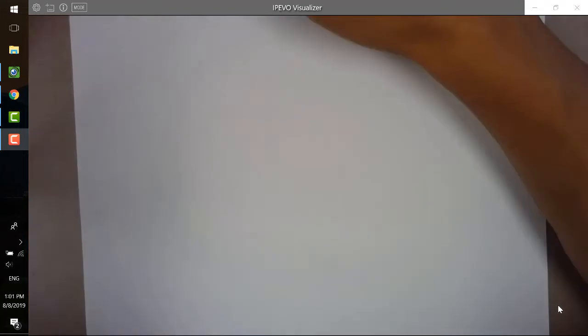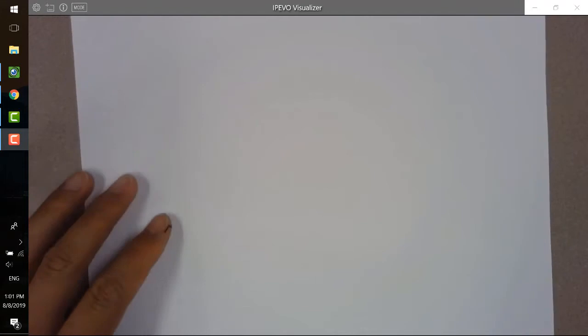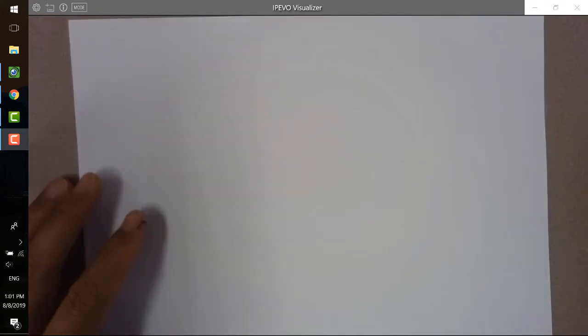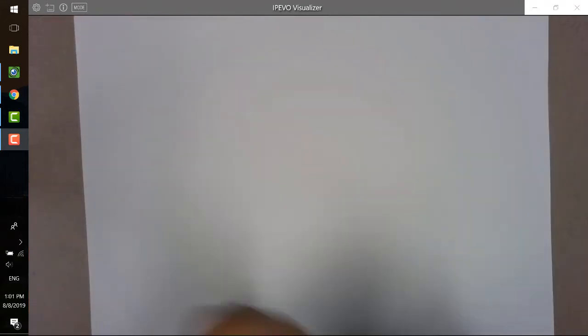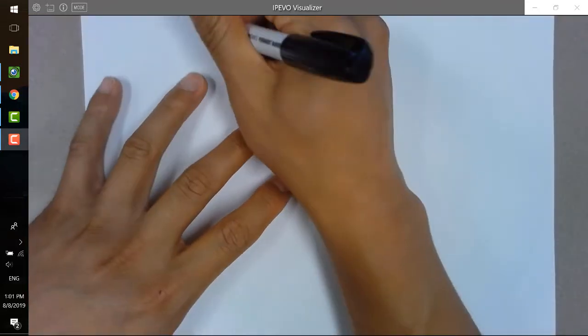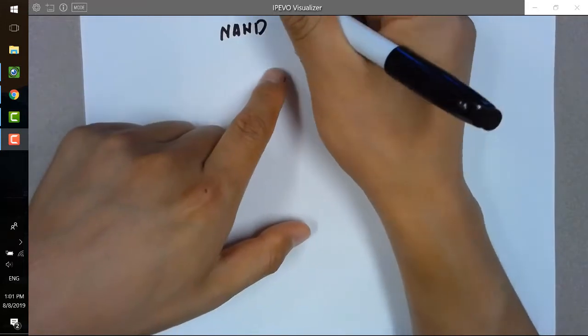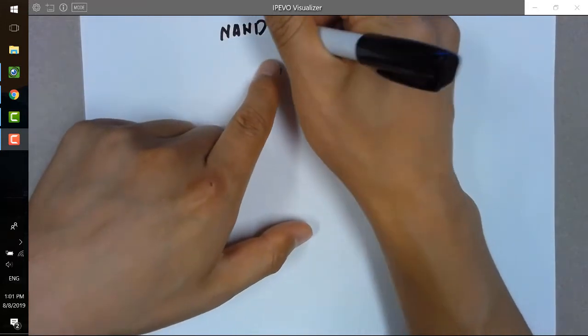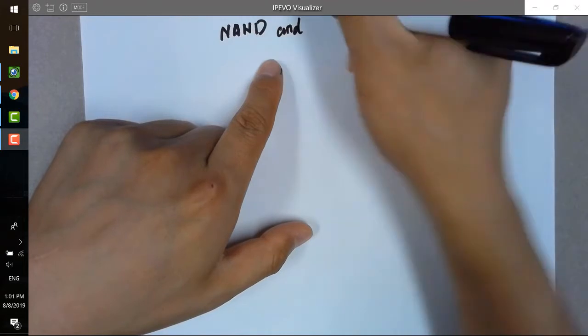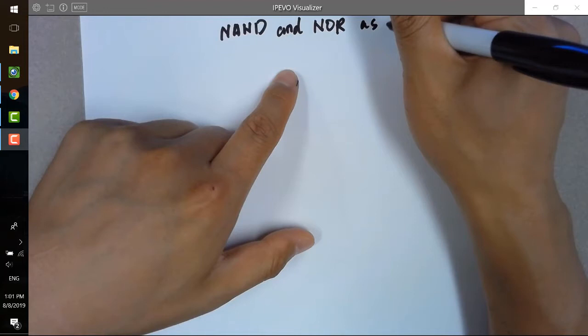All right, in this video, we are going to talk about using NAND gates or NOR gates as universal gates to build any computer logic systems, right? NAND and NOR as